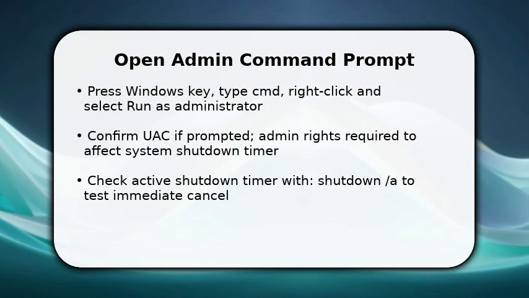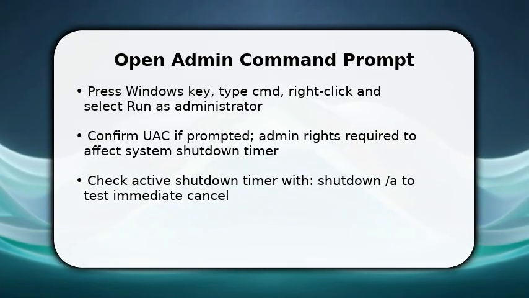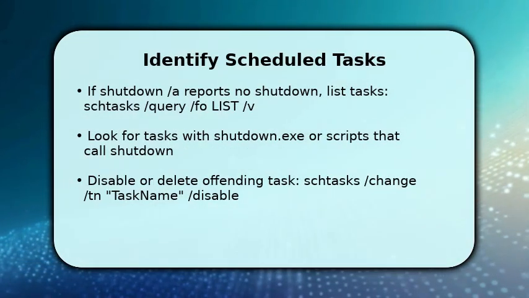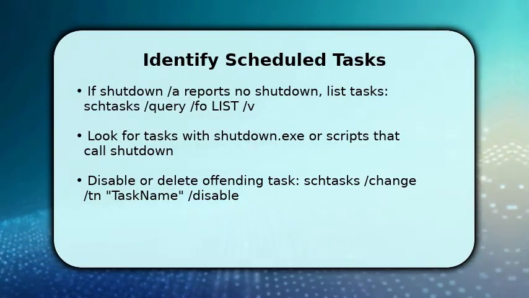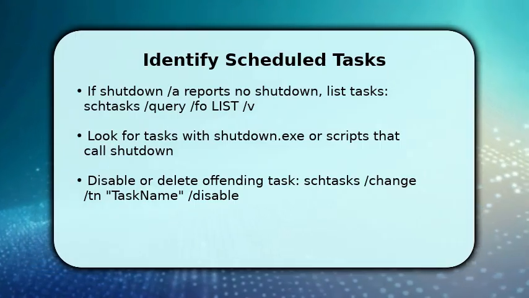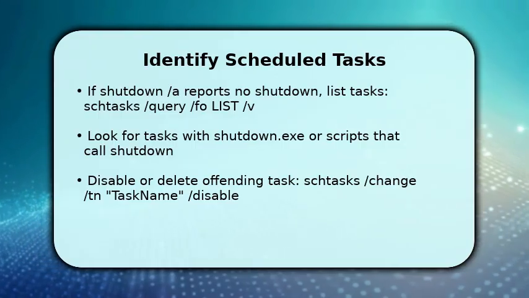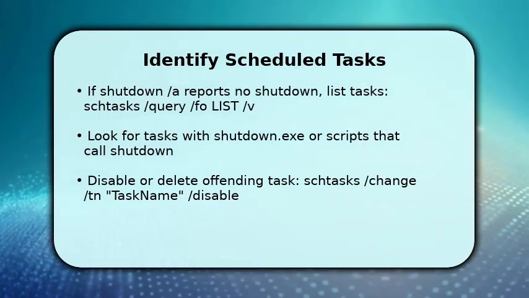If shutdown /a tells you there's nothing to abort, you need to find what scheduled it. You list scheduled tasks with schtasks /query /fo list /v to reveal verbose details. This shows triggers, next run times, and commands. Once you see a task running shutdown.exe or a script that calls it, you understand the why: a scheduled task, not user action. Then disable or remove that specific task using